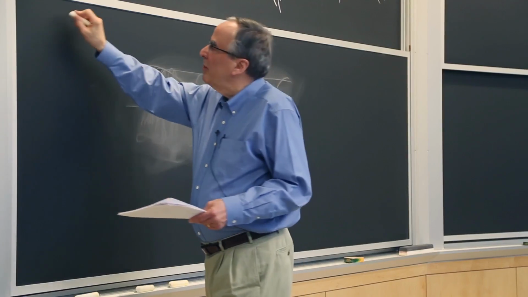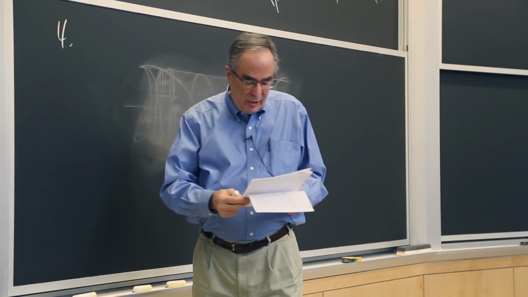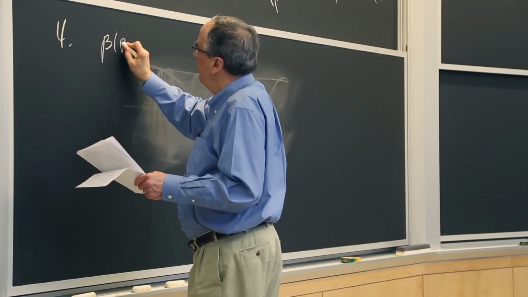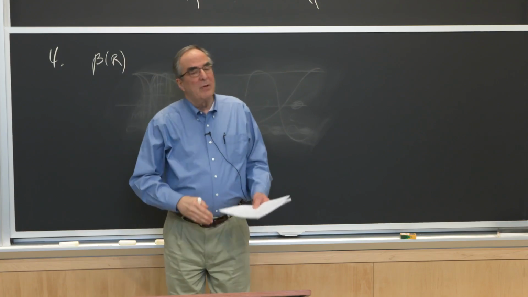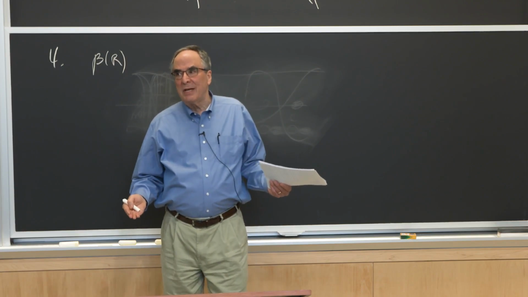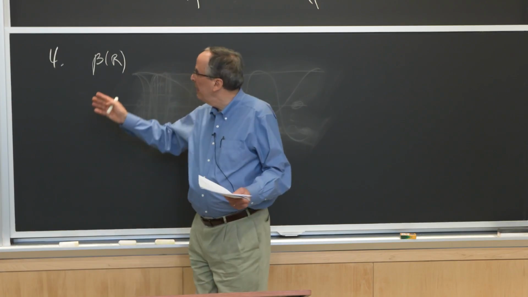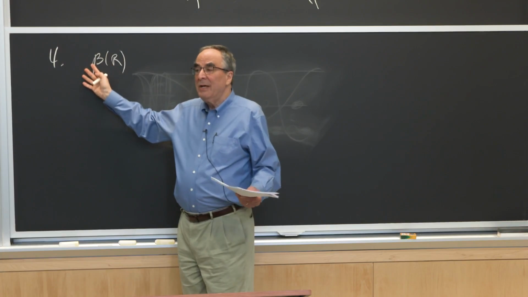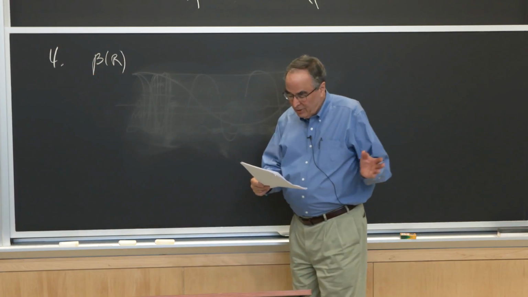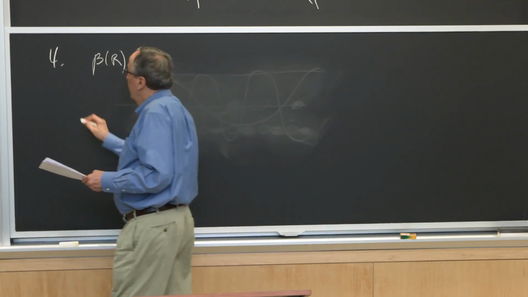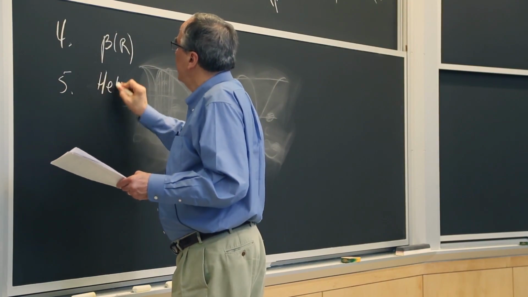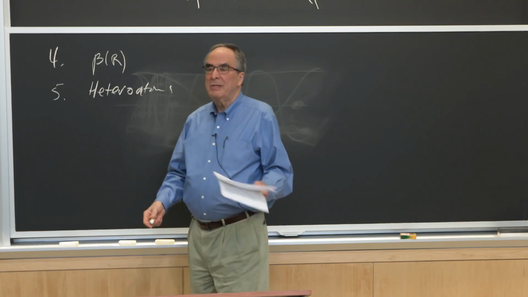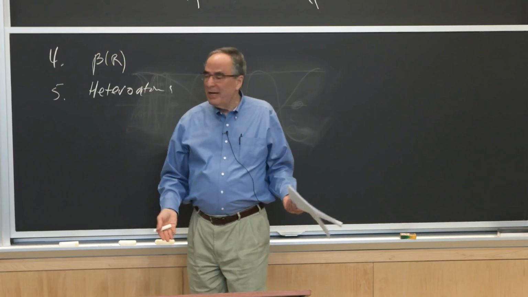So if we're not content with what we get from the really primitive theory, we can make beta dependent on internuclear distance if the molecule, for some reason, is constrained to have non-equal bond lengths. So we can add an additional parameter, some kind of reason for this beta to be dependent on R. But that's already getting sophisticated. And heteroatoms. In other words, if you have a nitrogen instead of a carbon in a benzene type ring,